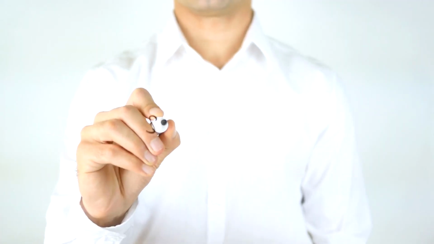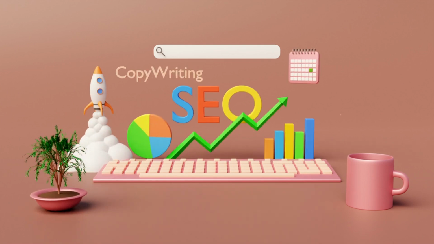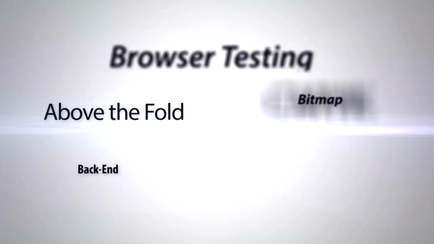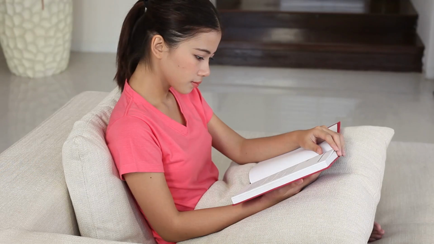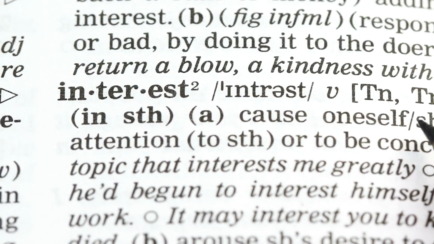Write for humans first, search engines second. This means prioritizing engaging and informative content over perfect keyword placement. For example, instead of forcing keywords into every sentence, use them where they naturally fit. This keeps the content flowing and enjoyable to read. Brian Dean from Backlinko suggests using the bucket brigade technique to keep readers engaged. This involves using short, enticing phrases that encourage people to keep reading. Phrases like, "Here's the deal," or "You might be wondering," can help maintain interest.